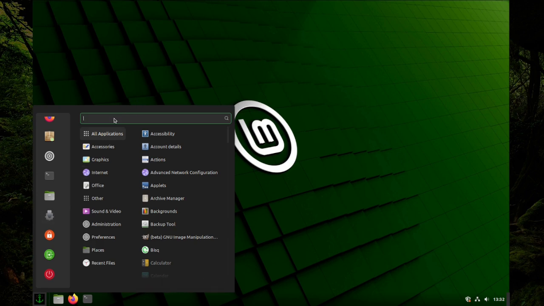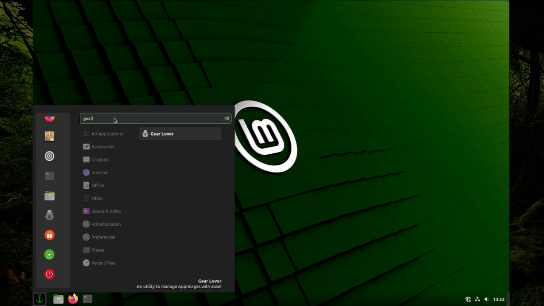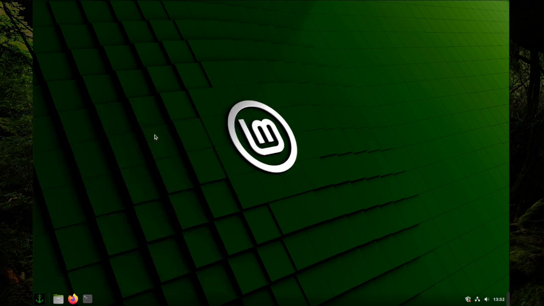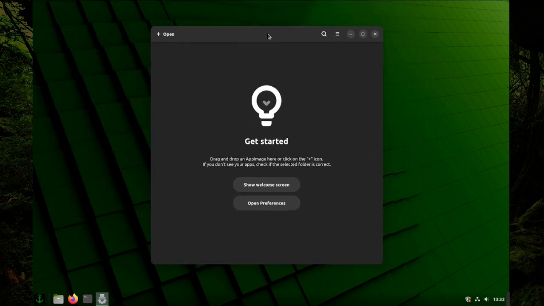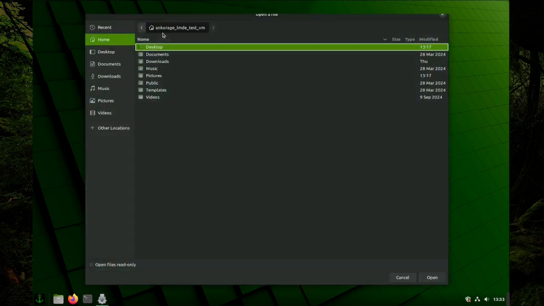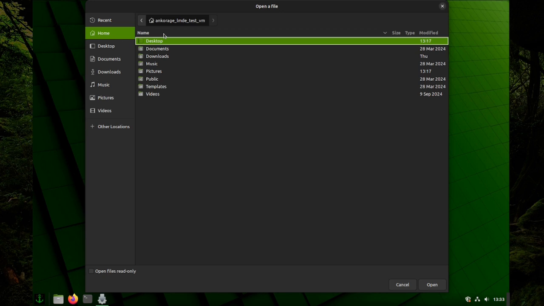But we'll just launch it from here. And there it is. So we'll drag this over in the center. And you can say, well, show the welcome screen if you wish. You could open your preferences if you wish. So what you can do here, you can click open. So if you click to open, then you need to actually install the